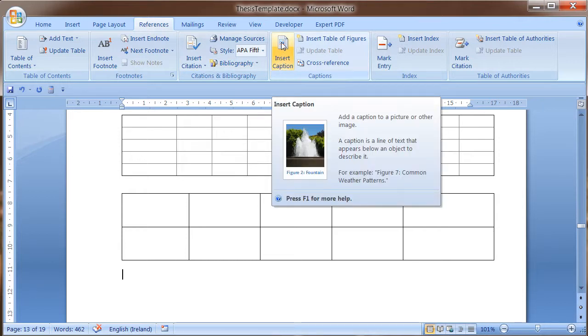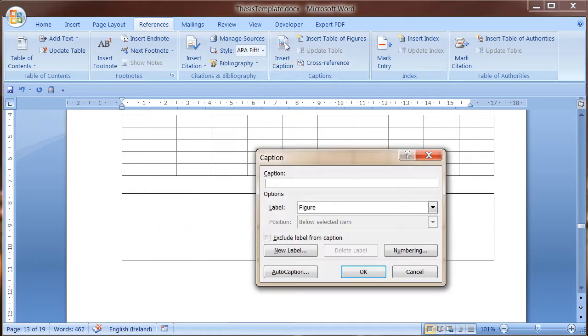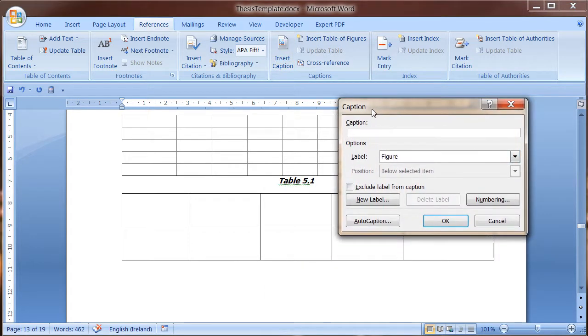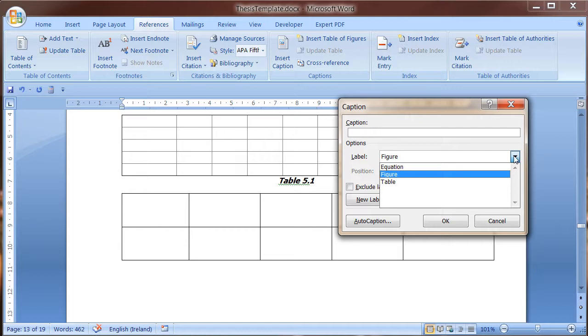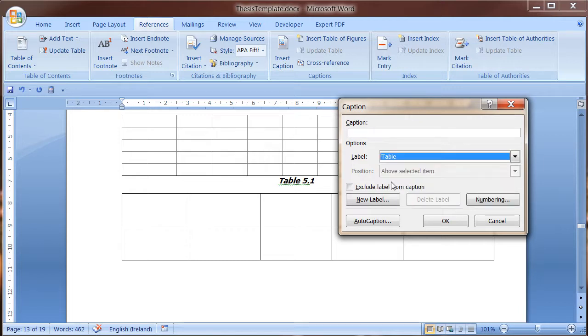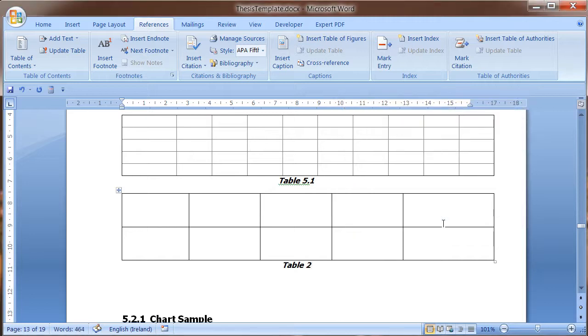You can see the option comes up below, so we're going to click on caption, and forget about the option on the top, but if you look at the label for the caption, we have 3 options: equation, figure and table. So we're going to choose the table option and click OK. And you can see it's gone in there as table 2,